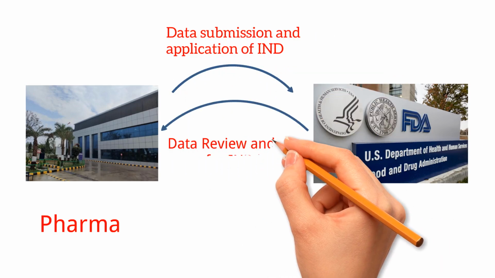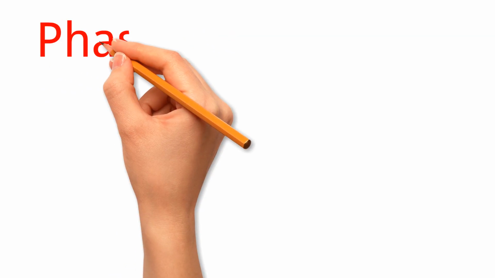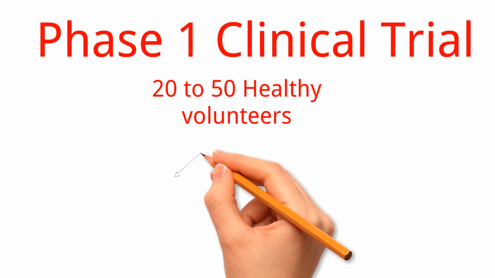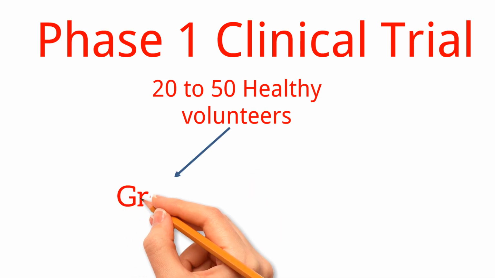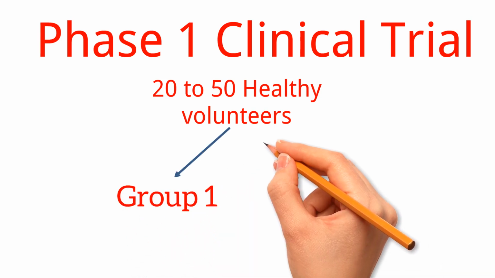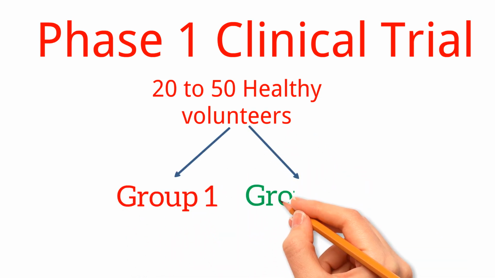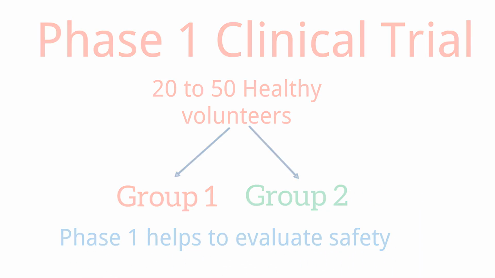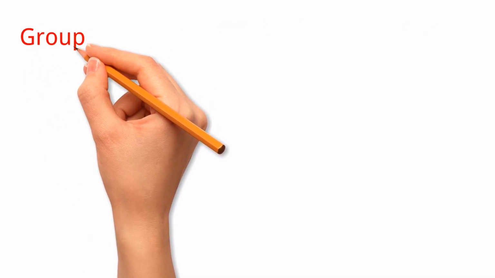So in a phase 1 clinical trial, the pharmaceutical company recruits about 20 to 50 or more healthy people, depending on the availability of people that are willing to participate. Half are given the drug, while the other half are given a placebo in order to evaluate the safety of